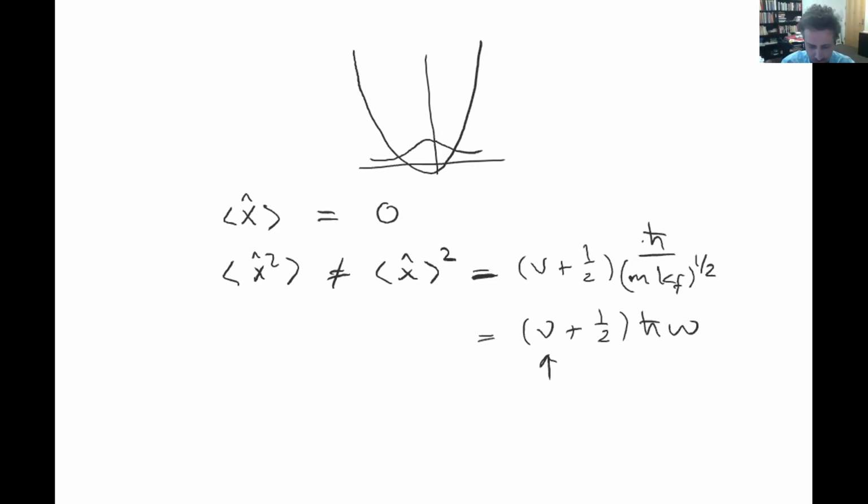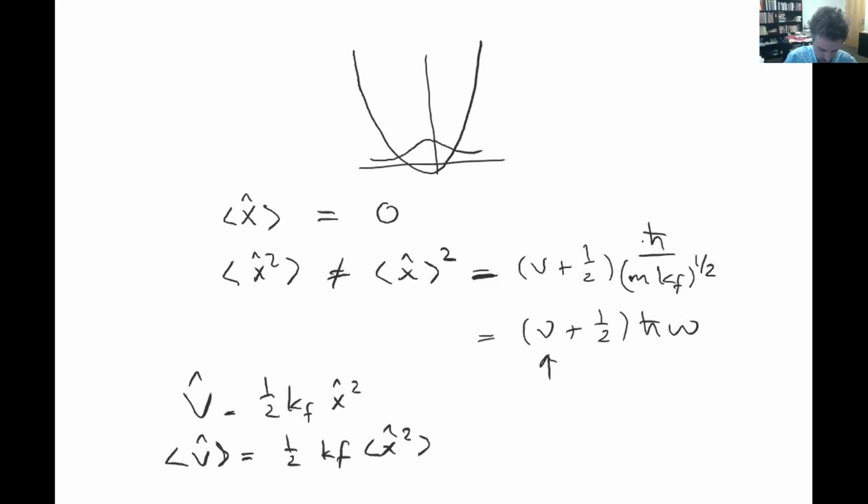Okay. Now, to give you a kind of a feel for this, let's look at the operator for the potential. Okay, that will be half k_f x squared with a little hat. Okay, so if I now look at the expectation value of this thing, I basically have the same expression as above. Okay, so here you have this kind of x squared and then the expectation value. This has a name. It's called the mean square displacement. The mean square displacement. Okay, that's the name of this expectation value. So the expectation value of this operator times half k_f, which are just constants, but that scales with the expectation value of potential energy. So that says basically that the potential energy grows as a function of,